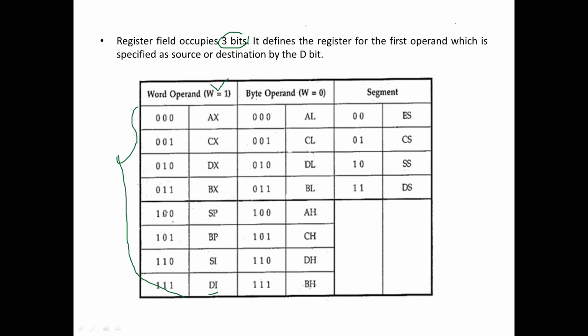Then there are different bit combinations for different registers. And another one was the byte operation. Byte operation means we are dealing with 8 bits of operand only. If we are dealing with 8 bits of operand, then we know that these 4 general purpose registers can be split into 2 parts: lower byte and higher byte. So we have a total of 8 registers. Is it clear? Yes, ma'am. So actually, we have 8 different combinations. This we need to remember for writing machine code for any instruction.